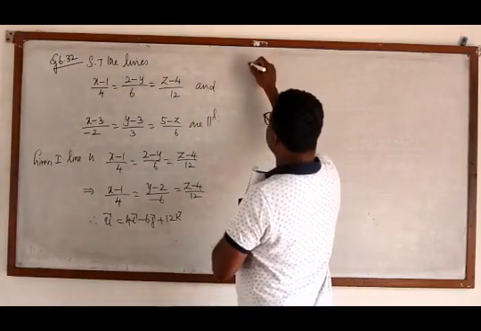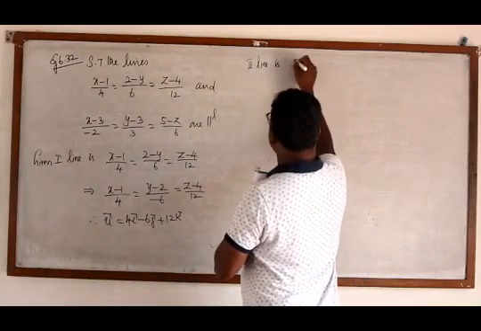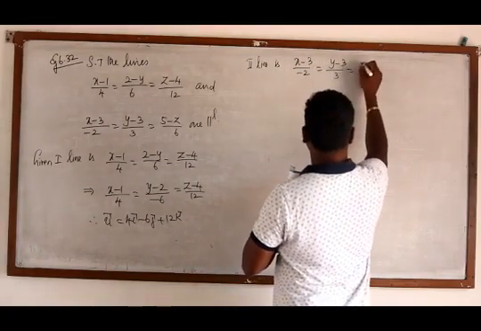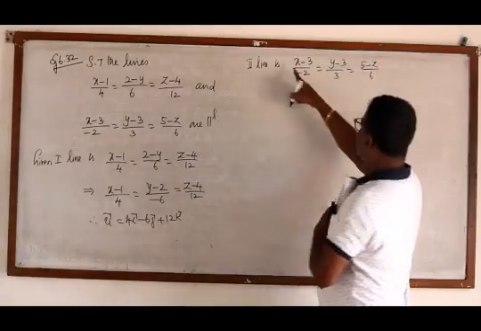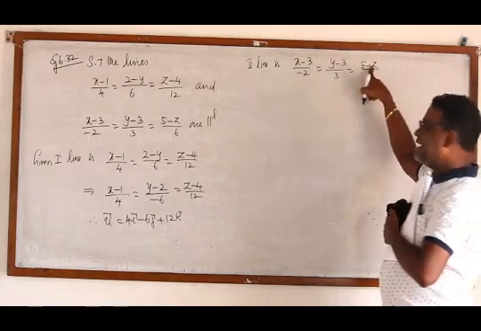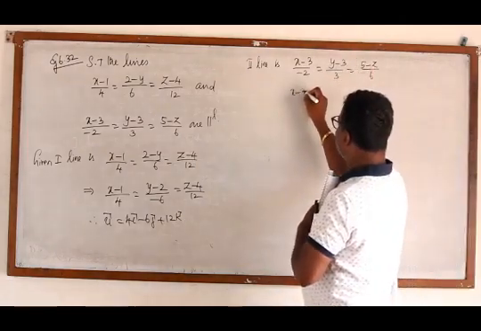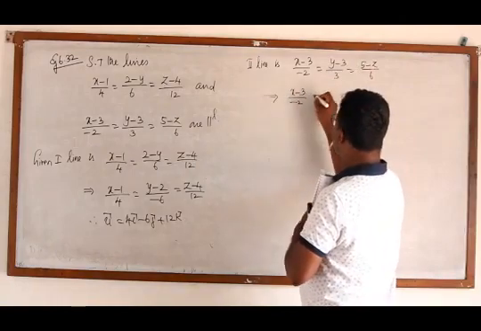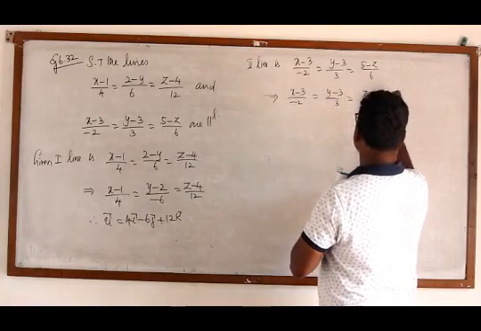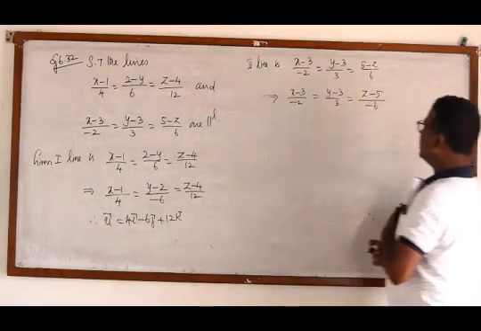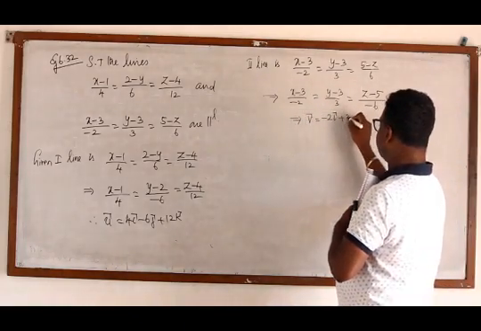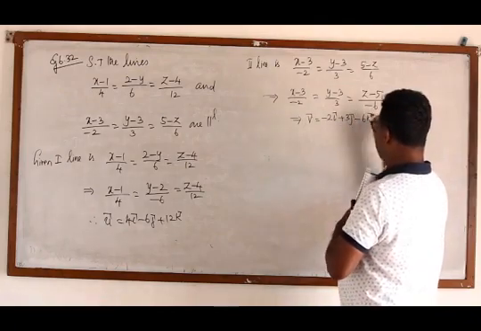Now, the second line is (x minus 3)/(minus 2) = (y minus 3)/3 = (5 minus z)/6. Here the x coefficient is plus 1, the y coefficient is plus 1, whereas the z coefficient is minus 1. Make it plus 1, that is (x minus 3)/(minus 2) equals (y minus 3)/3. If I take minus, z minus 5, that minus sign will come to the denominator. Then in this case, v vector is minus 2i plus 3j minus 6k.